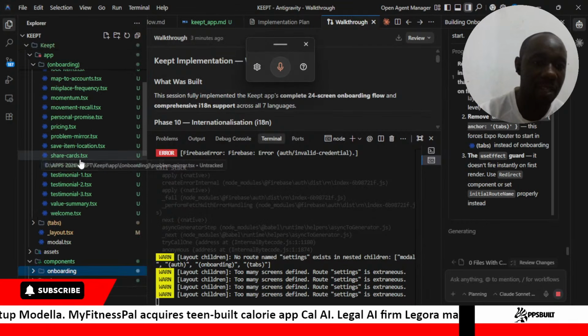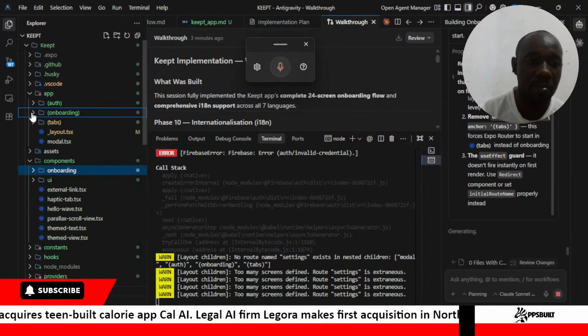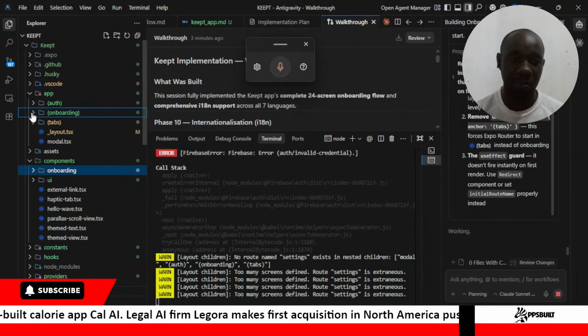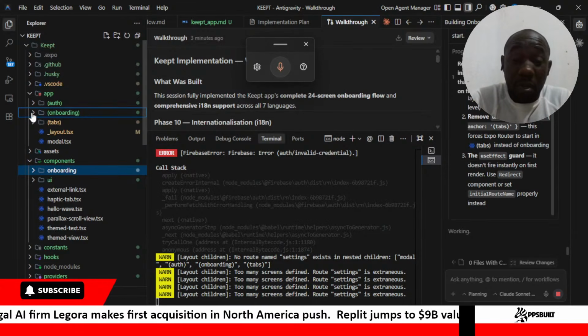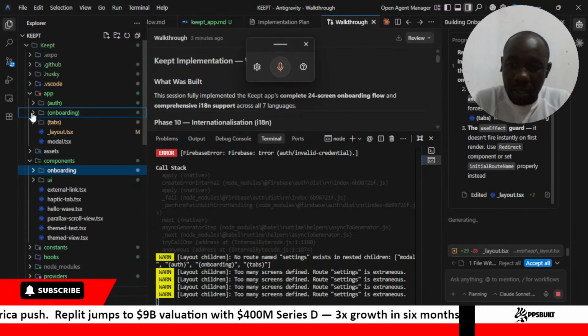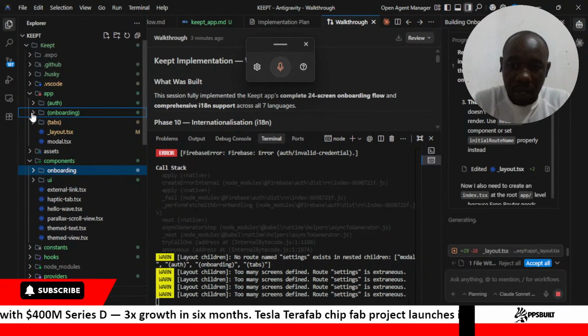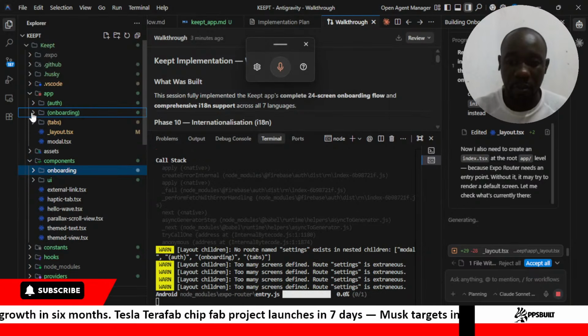There are quite many. They are up to 24 screens, but they have already been set up. So that means when it comes to the complexity of building out things, Cloud Code Opus 4.6 is quite powerful. It has effectively built out the complex layout for the screens and set them out very well. So it's making refinements to the layout.